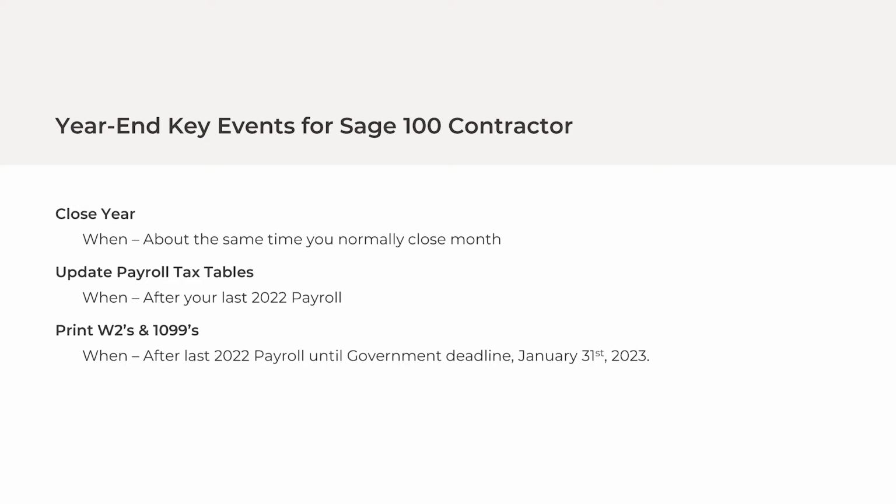There is some concern about the payroll archive that may need to be done before running that software upgrade, and we'll have some more news on that moving forward. In general, though, the takeaway should be that you'll need to aim for after the last payroll of 2022 and prior to the W-2 and 1099 deadline for 2023.